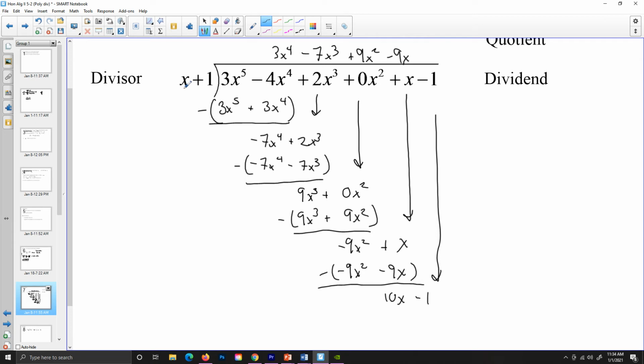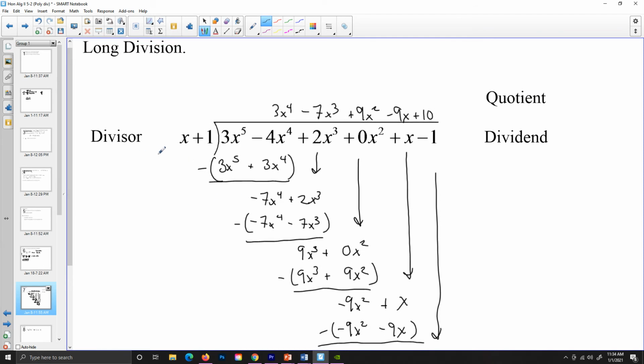Finally, what times x is 10x? Well, 10 times x is 10x. 10 times 1 is 10, and when I subtract that away, the first two terms cancel, and I'm left with negative 11. And so for this one, here is my divisor, this is my quotient, this is my dividend, and my final answer